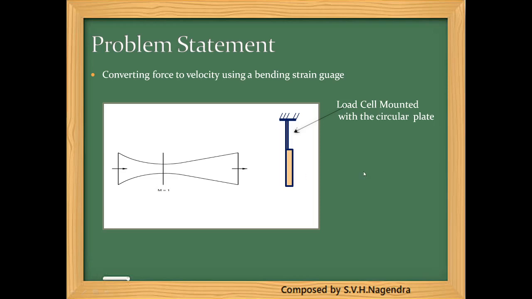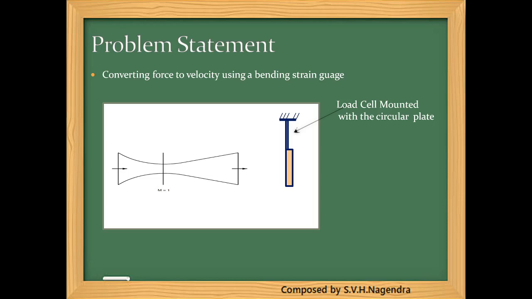The dimensions for the given problem are the inlet dia, the throat dia, the outlet dia, the plate dia, and the cross section of this particular beam, which have been given in the problem. Secondly, the velocity is given. One most important thing I have tried to achieve is Mach number equals 1 at the throat section. Theoretically, I have calculated it as Mach number equals 1, that is 343 meters per second. And the type of fluid we are talking about is an incompressible fluid.